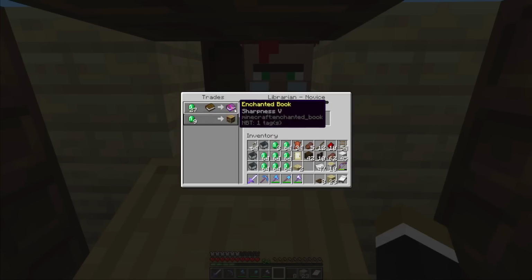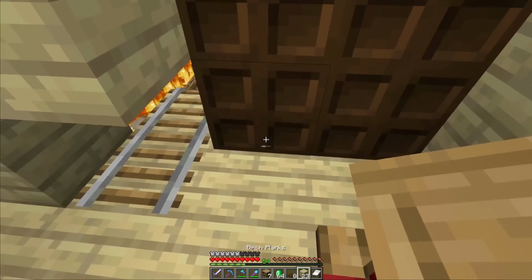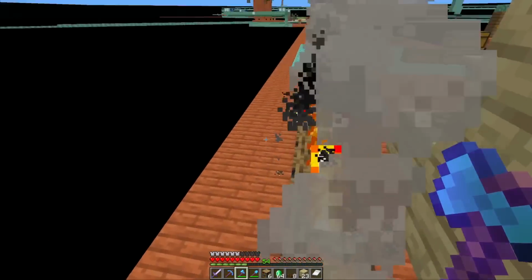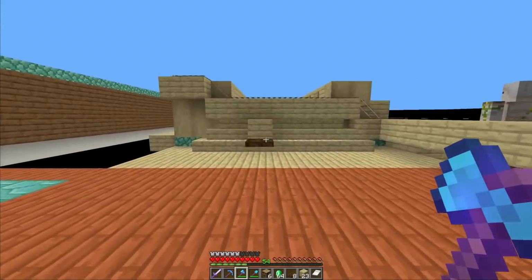Oh, sharpness 5. That's definitely a find. So I guess I'm gonna keep this guy. Right, I guess I can just buy bookshelves. Yeah, break those, and then have the books in order to buy sharpness. There we go. Right. So I think before I actually move the villagers over there, I should maybe